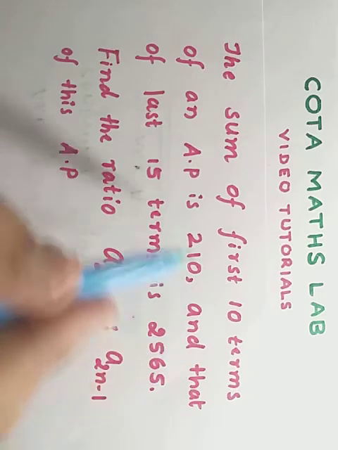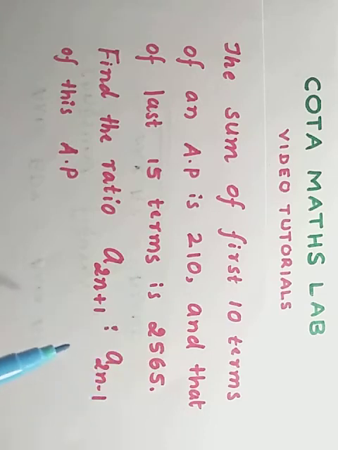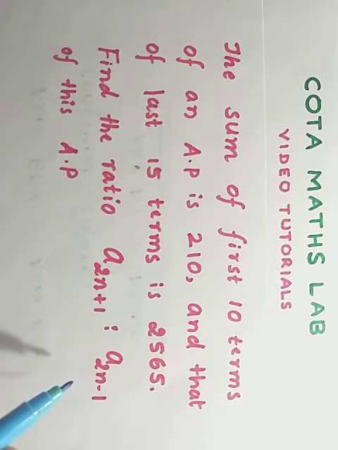Only these two statements would help us in calculating the values of a and d, that is the first term and the common difference. Once a and d are known, then we will be able to calculate a 2n plus 1 and a 2n minus 1. This is how every student has to visualize the problem first: what is asked, what needs to be calculated, and how it can be substituted to obtain